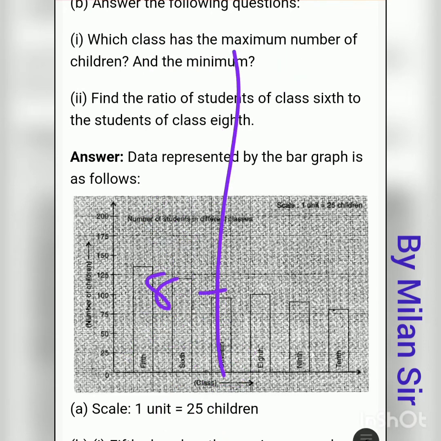Here take 80, 85, 90, so you can easily represent your bar graph. And here we are taking 0, so we need to cut this graph, because instead of 75 we are taking 0. It means in between we just skip. And one more change is for the scale: 1 centimeter is equal to 5 children.